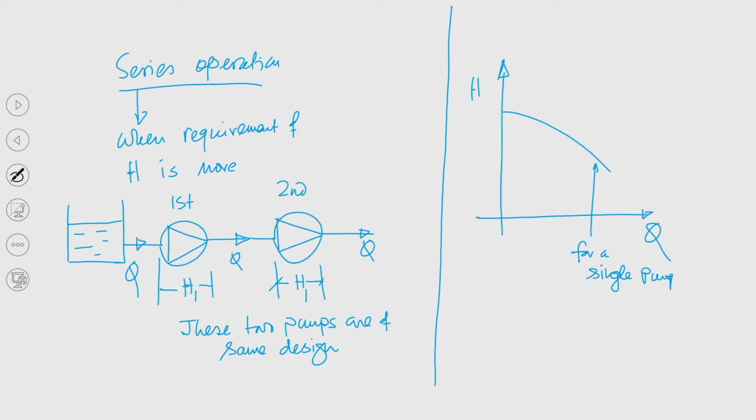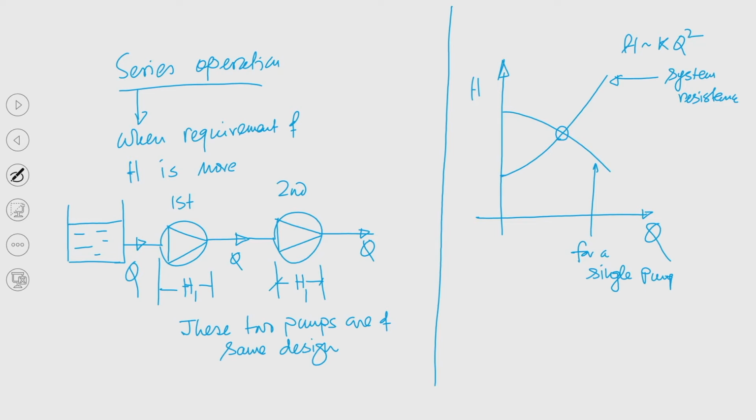Now, the question is, when this new pump is not there, maybe the system resistance that we have discussed will be, if this is the static height, this will be the system resistance. Right. So, that we know, that is H equal to K into Q square. So, this is the operating point that we know.